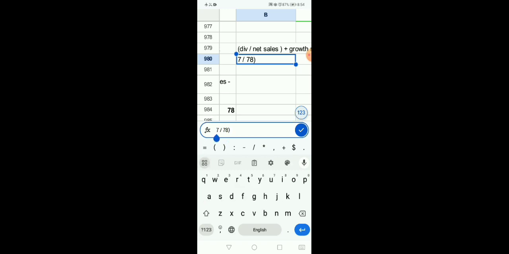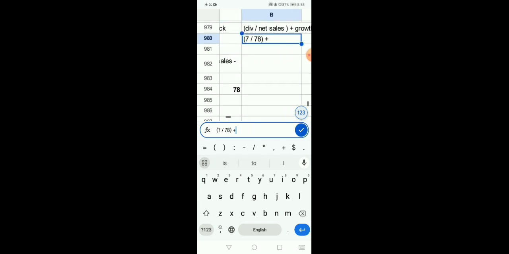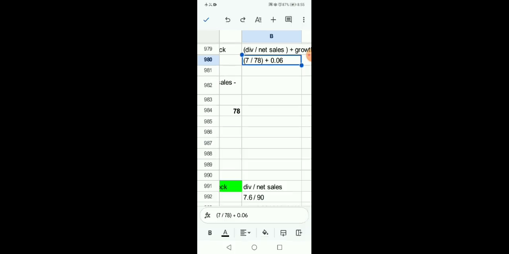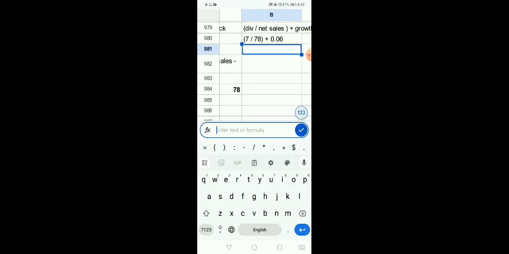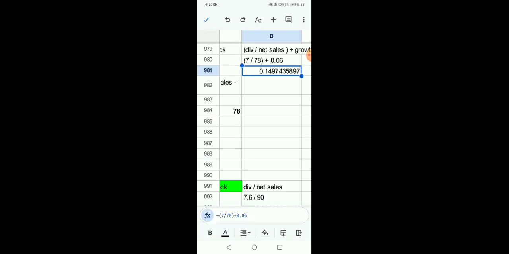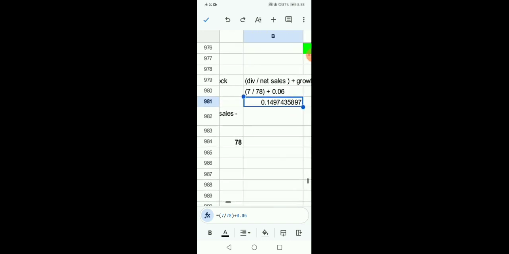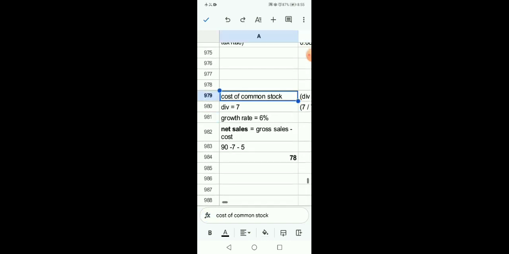and next is to add growth rate. Growth rate here is 6%. 6% means 6 divided by 100, which means 0.06. All right, this is your mathematical statement, and now apply your calculators. So what we have, 7 divided by 78, bracket closed, add 0.06. So here we have got the answer for common stock as well, 14.97. Common stock is also completed,